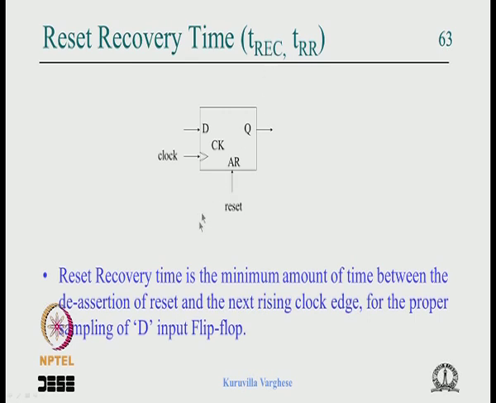That means the reset recovery time is a minimum amount of time between the deassertion of this signal and the next active clock edge. Suppose the positive clock edge is coming here, the reset should be removed sometime before that, okay. Otherwise this output can get into metastability, okay, and this is quite serious